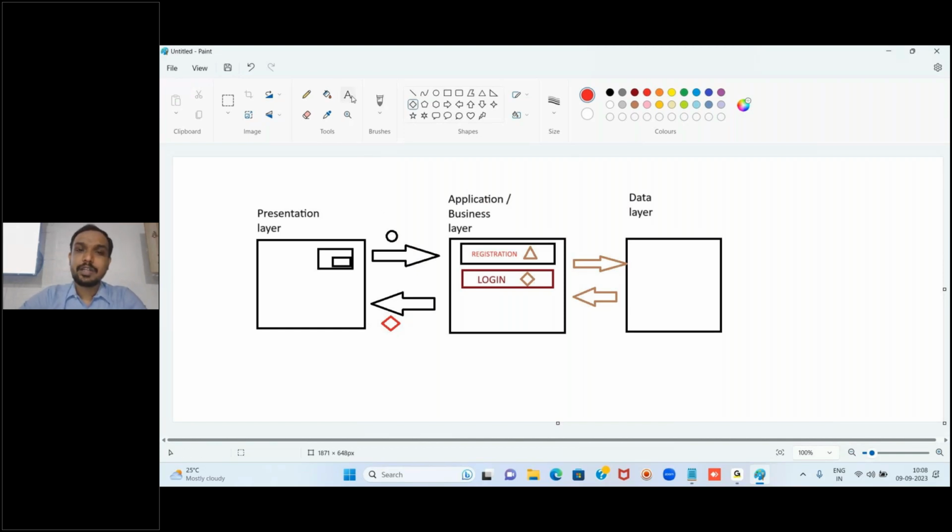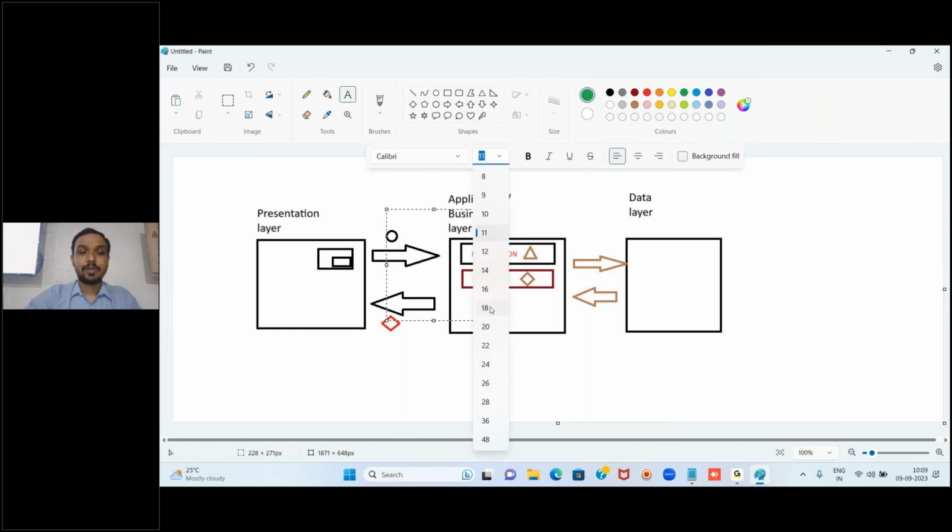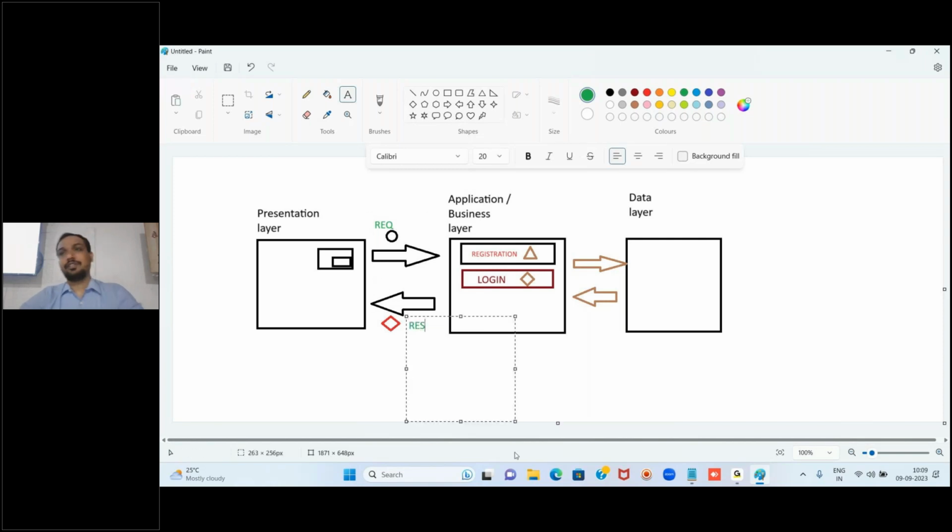Whatever goes from the presentation layer to the application layer is known as a request. And the opposite, whatever comes from the application layer to the presentation layer, we call a response.